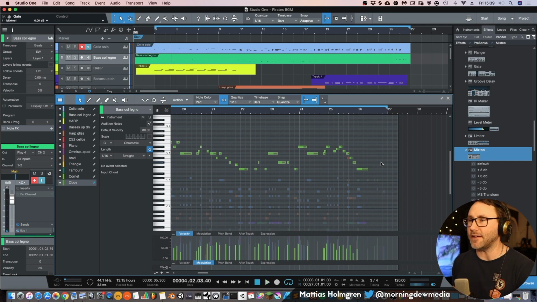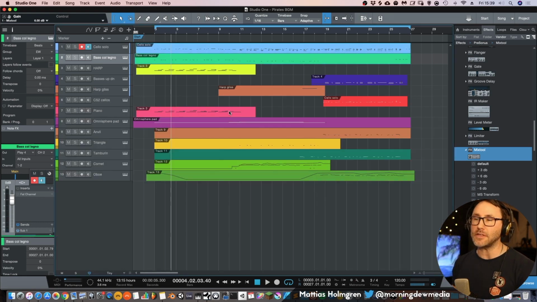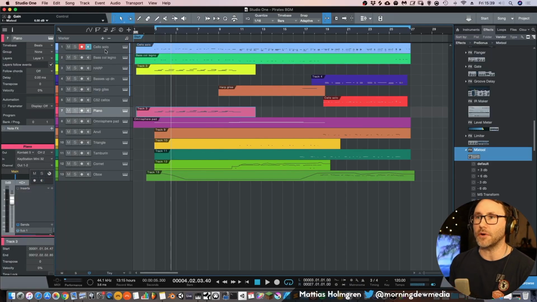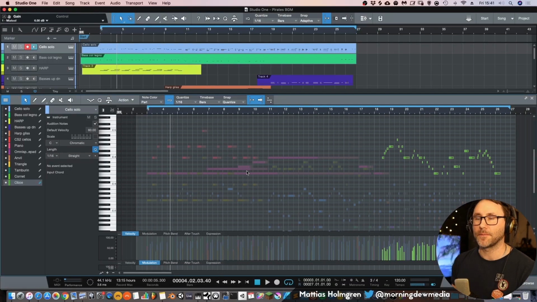Yeah, so you get the idea here. As you can see, there's not a lot of instruments in this track, but generally you don't need too many instruments to convey your idea or get the idea across. In this one, we're relying heavily on some cello instruments, because you've all seen Pirates of the Caribbean, and we have a lot of these staccato cellos.